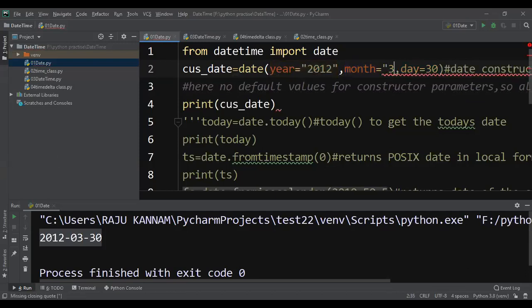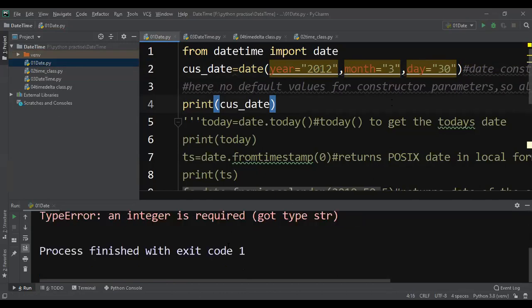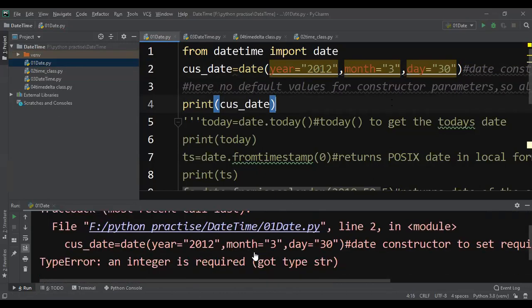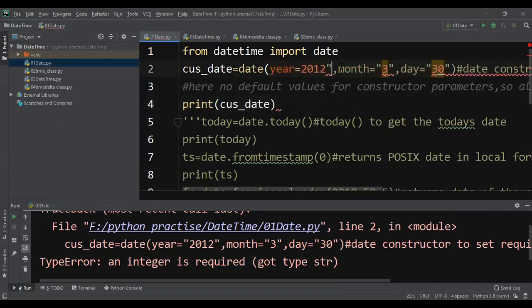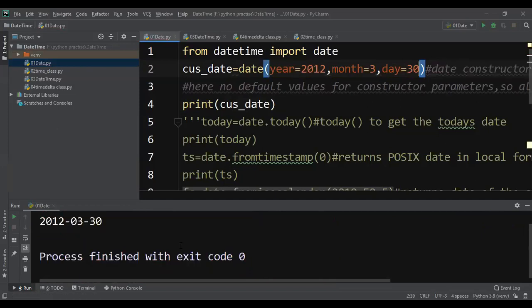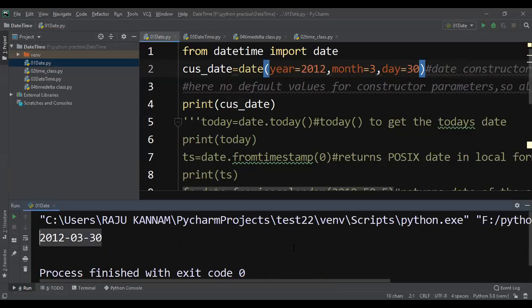Now you can change the order of the parameters.